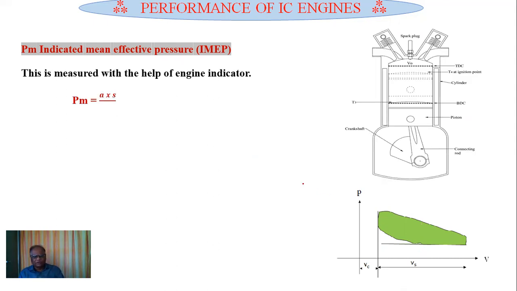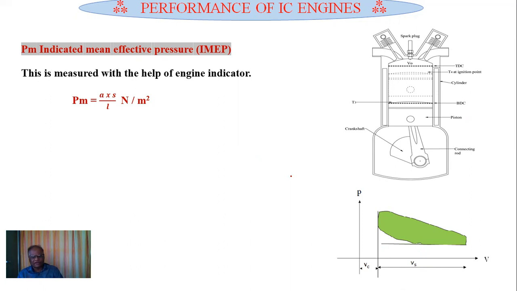When the air-fuel mixture or air inside the combustion cylinder goes on compressing, the pressure increases like anything. The pressure will peak when the air-fuel mixture burns inside the engine cylinder. But how can the varying pressure inside the cylinder be recorded from the outside? It's very important. This can be recorded with the help of an indicator.